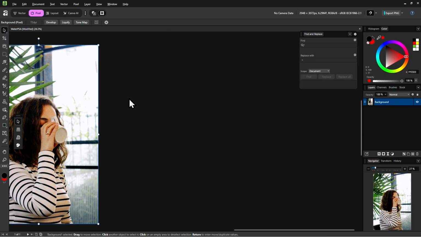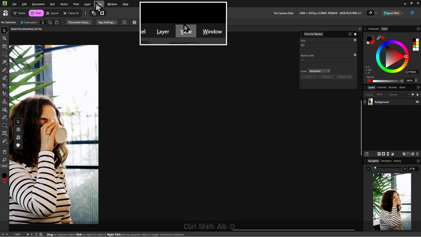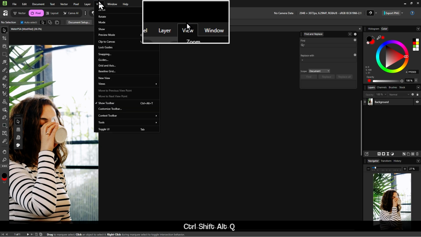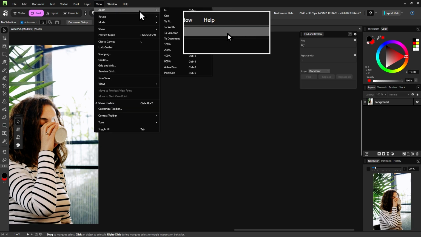But now we are kind of stuck here, aren't we? Our canvas is to the left. Are we really going to be working on our image while it's on the left like this? Well, thankfully, no. We don't have to do that. We can go into the view menu and we can go into zoom.